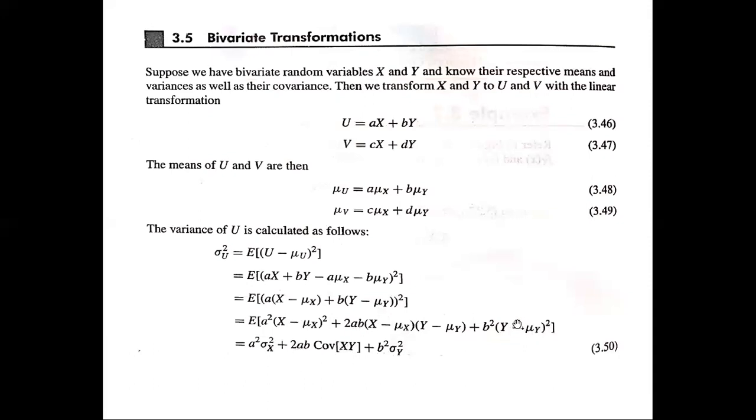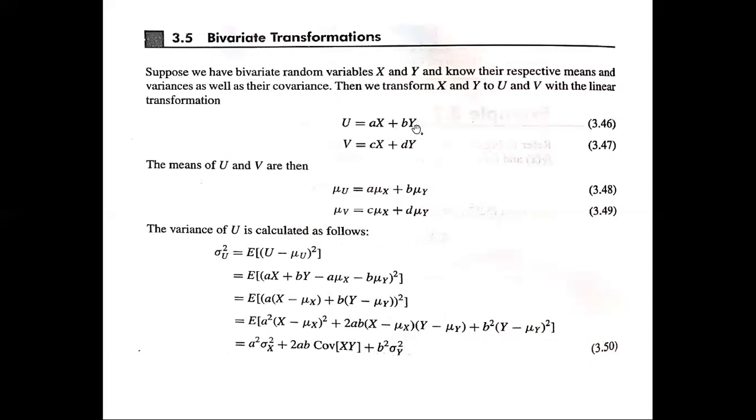Similarly, expectation of y minus mu y squared will be sigma y squared, b squared remaining as it is. So this is the relationship 3.50, which is very important, wherein we can say that the variance of u is represented in terms of the variance of x and y,